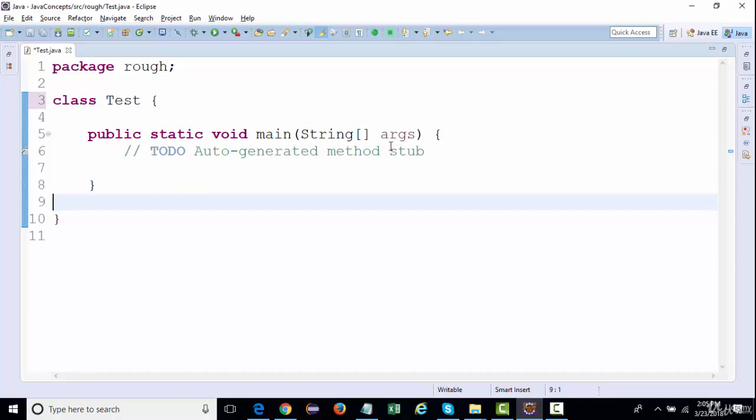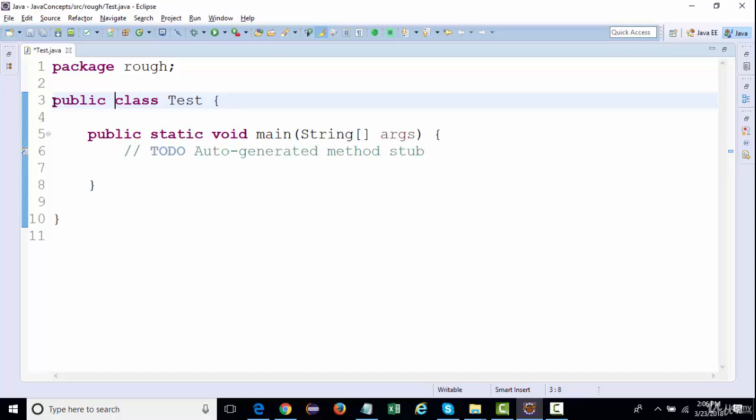If you use a public access modifier over here, then this class will be marked as public and it is accessible anywhere in the Java world. But if you change it to default, if the class does not have any modifier, then it will be marked as default, and then it is accessible only inside its own package, right?